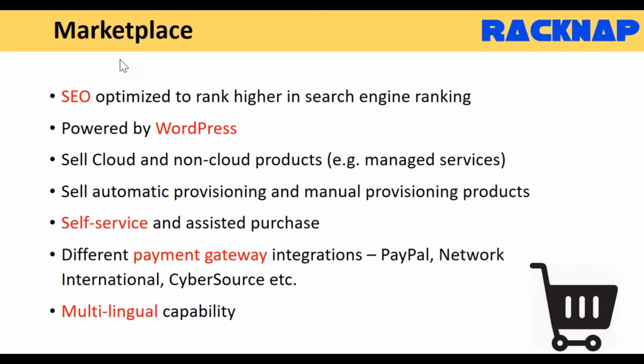For example, RackNav offers a white label marketplace to you as a CSP. So what does this include? What is so special about this marketplace? This marketplace is SEO optimized. Some of you may wonder what's so big about this. I'm sure you are aware there is so much competition in the market. There are so many CSPs vying for the pie of the cloud consumer. So it's not good enough if your marketplace appears on the 4th page of Google searches. It needs to appear right on the first page, right in the visible line without any scrolling.